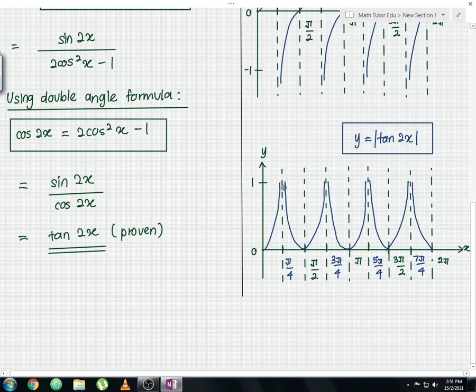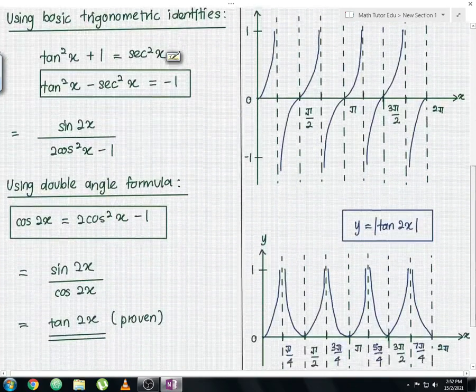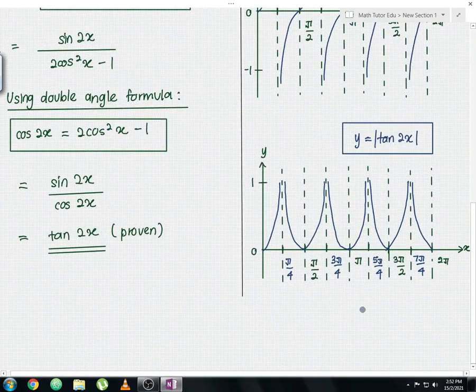This dotted line, crossing the x-axis in a vertical line, is also known as the asymptote. Your graph should not touch the asymptote line, guys, at any cost. That is the main rule whenever you are sketching a tangent graph. In the examination you only have to show this diagram as your final answer. You do not need to show diagrams 1 and 2 like I've shown in my explanation here. This is for your understanding. So let us proceed to the question part C now.